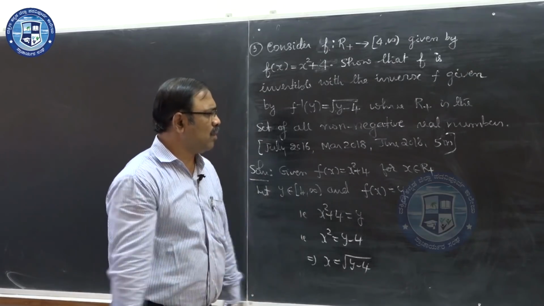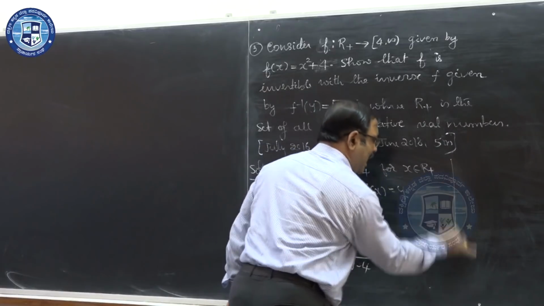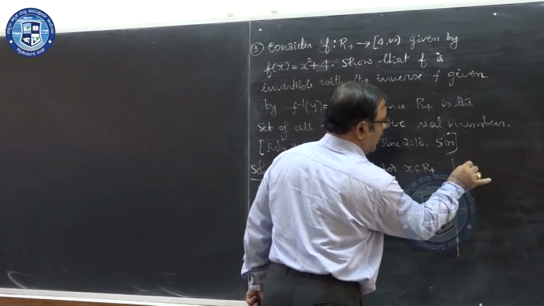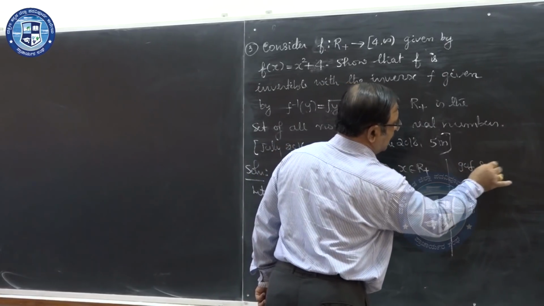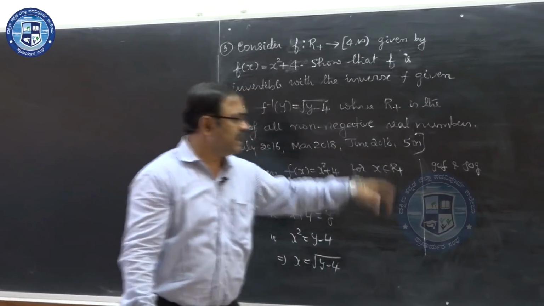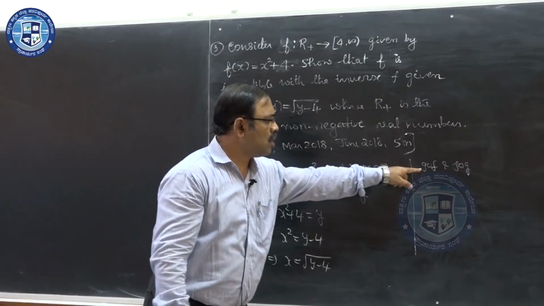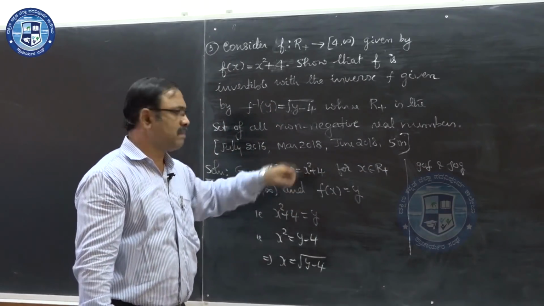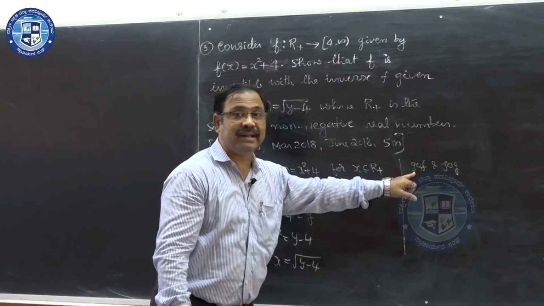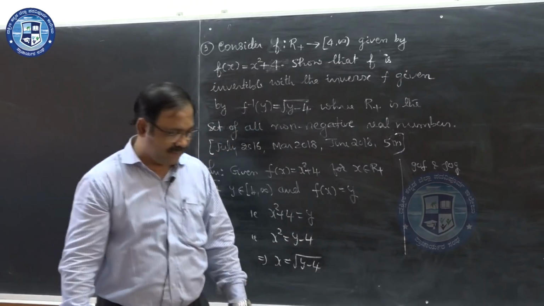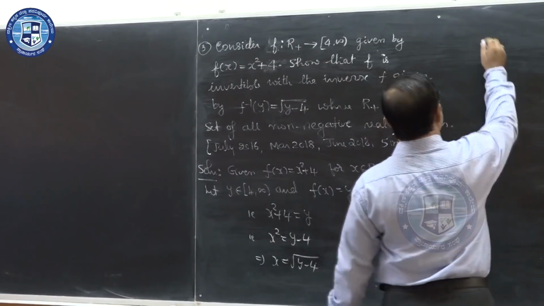Now, actually what are you going to find out? See, we are proving this invertible by using the first method. We have to write f composite g and g composite f. Both of them are going to be identity. So, we want to find one more. Already f is given. F of x is equal to x square plus 4. So, I have to find a g. How do you find this?